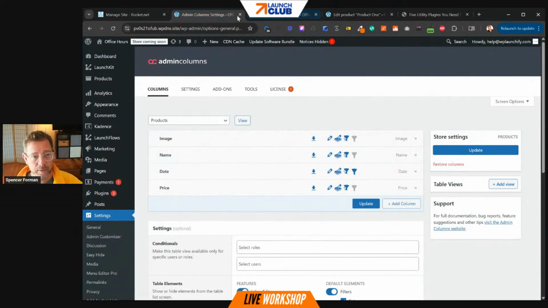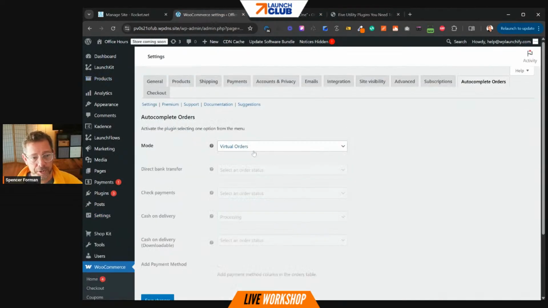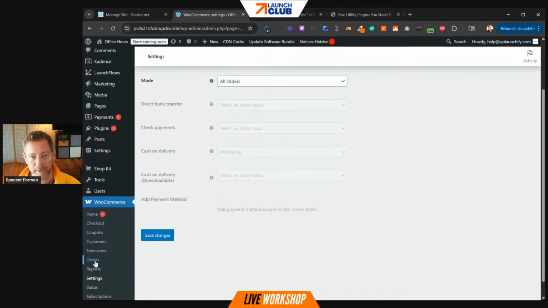And in doing so, let's close this window. And in doing so, you can just choose virtual orders. If you're like me, though, all orders is fine. That means anything anybody buys, they give me the money immediately, regardless of whether I've shipped it. The order is marked complete. It's not really about the money. It's really about the orders, because what happens is with your orders here in WooCommerce,